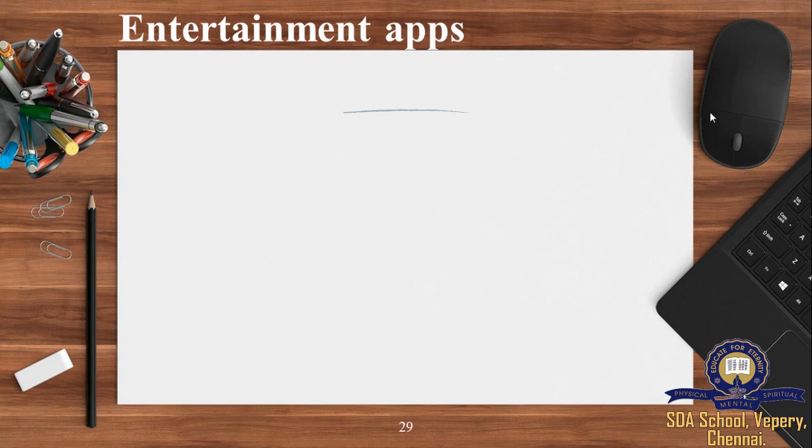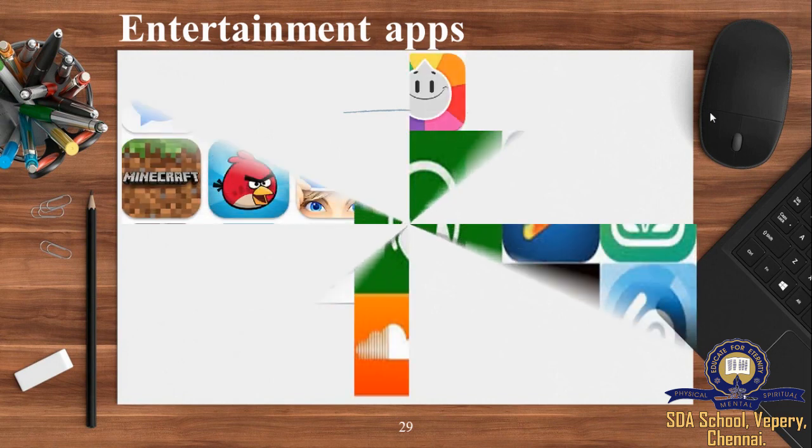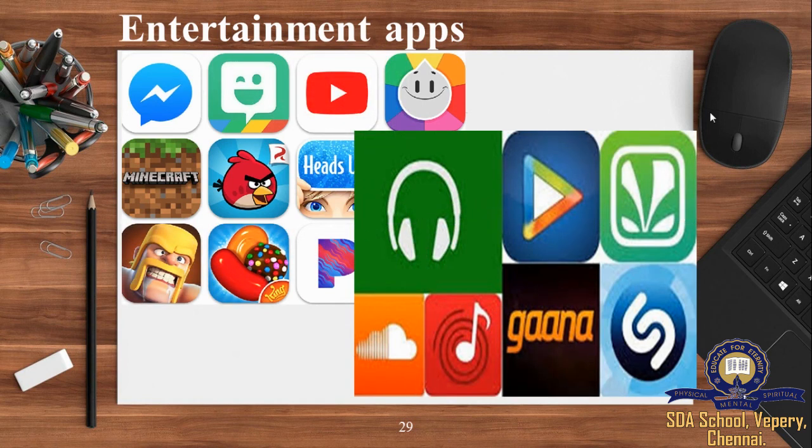For that also, applications have now been invented. So you can install that particular application in your mobile and you can listen to music or play or watch the movie whenever you want. In YouTube, you can watch movies. In music channels, you can listen to music. And in games, you can install the games and play. So you can pass your time in that way. So these are all entertainment apps. Now you know what entertainment apps are, right? To watch, to play and to listen.